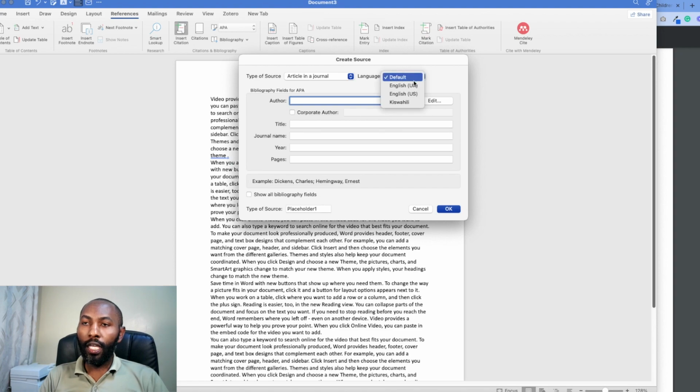Now, the language is either English UK or English US. You'd want to leave the language as default because it's not good to change the language used in the reference. If a reference uses UK language, you're supposed to cite it as it is. If it uses US language, you're supposed to cite it as it is. So we're going to leave our language as default. Now the author here is simply the author's name, then the title of the journal or the book, the journal name if it is a journal, the year when it was published, number of pages, and so on and so forth. So we'll go step by step to show you how we can populate these